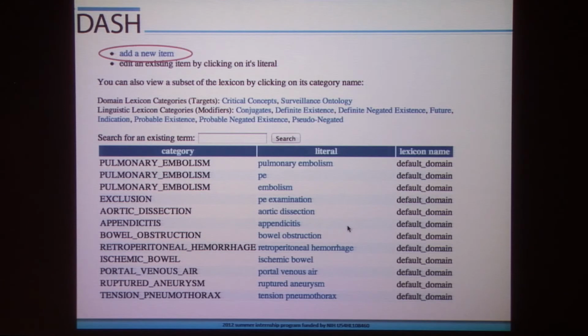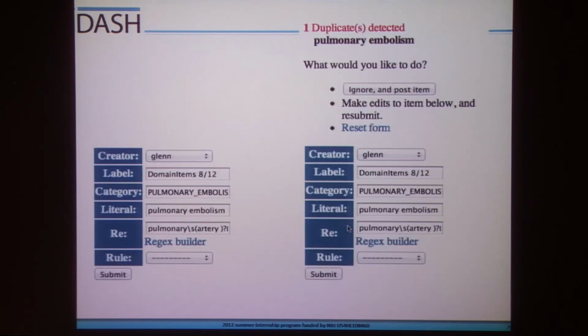So it gives me all the lexicon items, including the category, literal, and lexicon name. And I'm in the position right now where I want to add another lexicon item to the database locally on the computer. So I hit Add New Item in the red circle in the upper left-hand corner. And I am presented with this page where I get the opportunity to actually enter an item into the lexicon database. So I declare my creator name first,